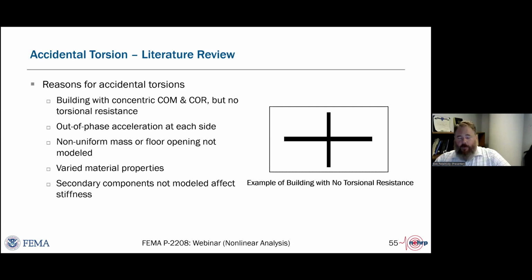In addition, especially for buildings with long plan areas, the ground motions can be out of phase on each side of the building, leading to a rotational component of the ground motion, which we do not input. We don't get rotational motion in addition to the X and Y horizontal components and sometimes the vertical component. So there's reason to make sure that you have some way to have your building twist in the analytical model, to make sure bad things don't happen.